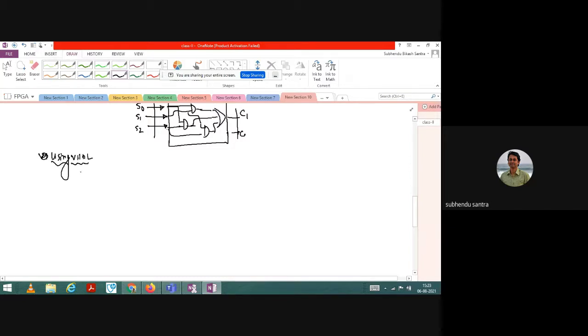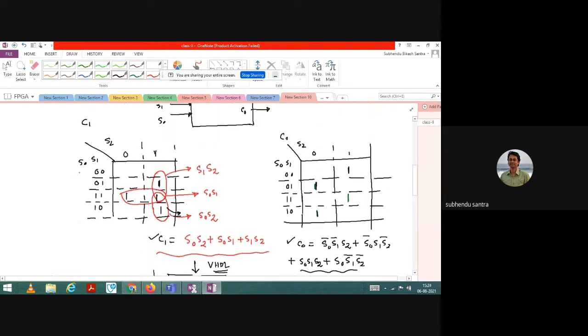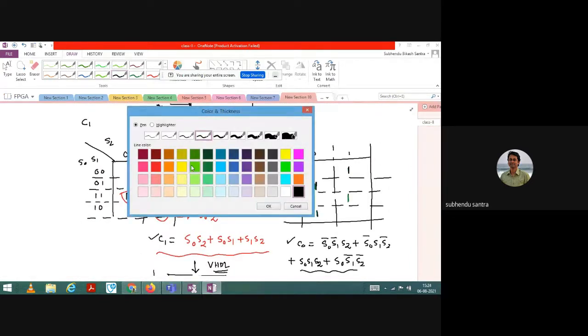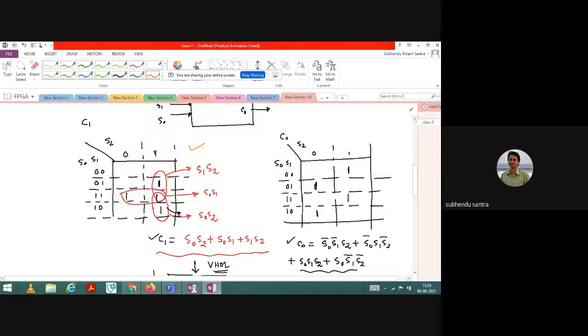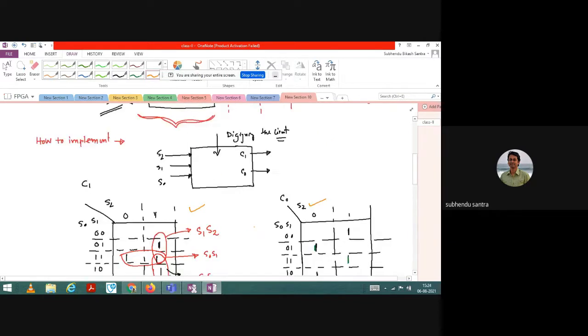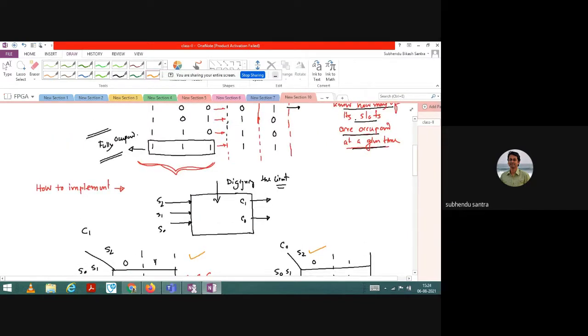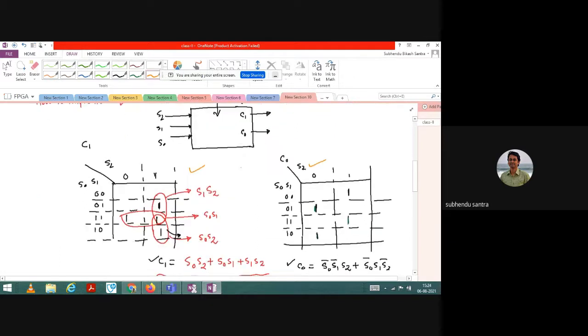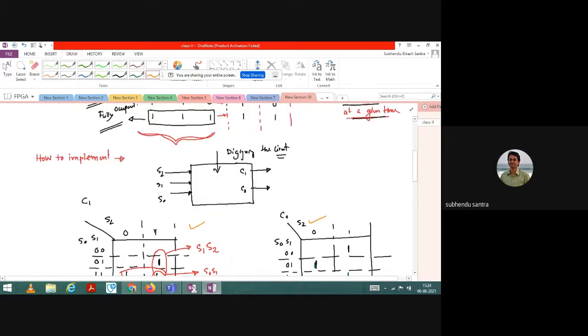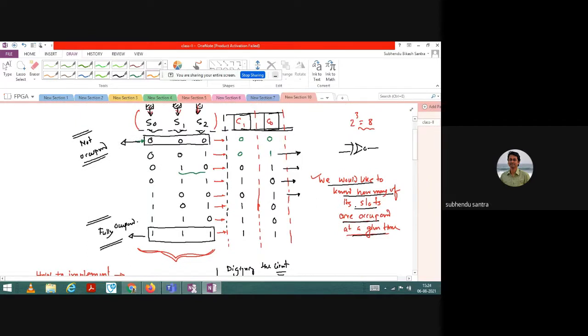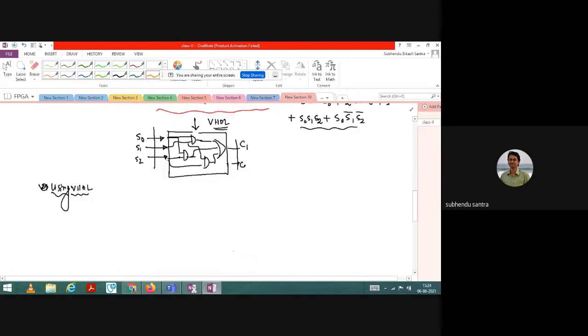Now how do I do that in VHDL? When you are writing in VHDL, when you want to design using a K map, then it is fine in the digital domain. Then you can write all this stuff and you can design. But if you are using VHDL, then you actually do not have to calculate this K map. You can directly write the program from looking at this. So let us say for C1 you are writing. So here is one, here is one, here is one, and here is one. You just write a simple code and then it will work. So let us write.